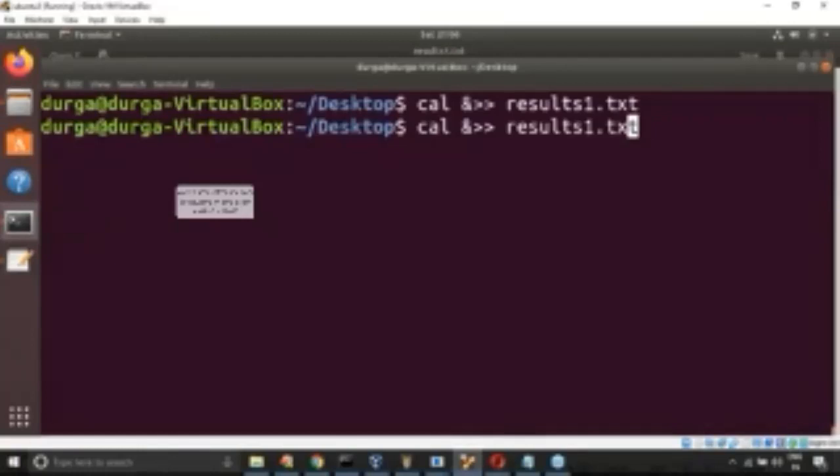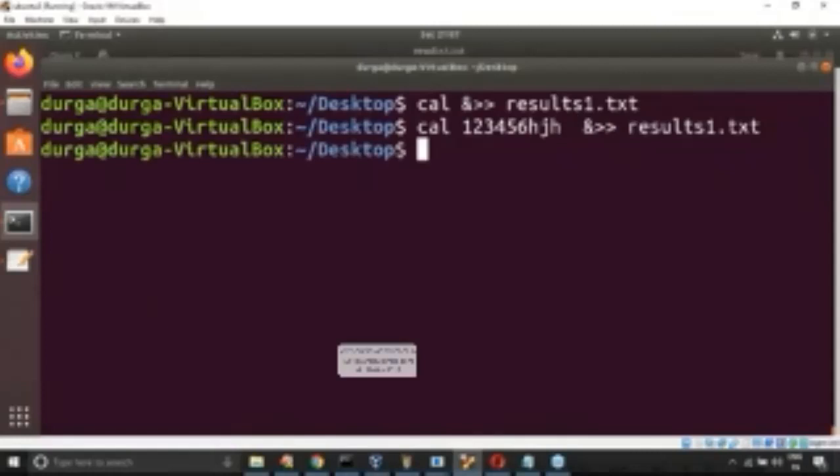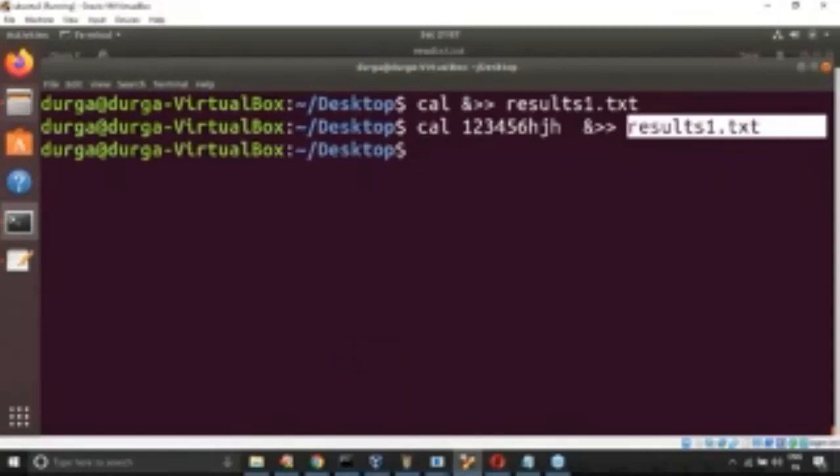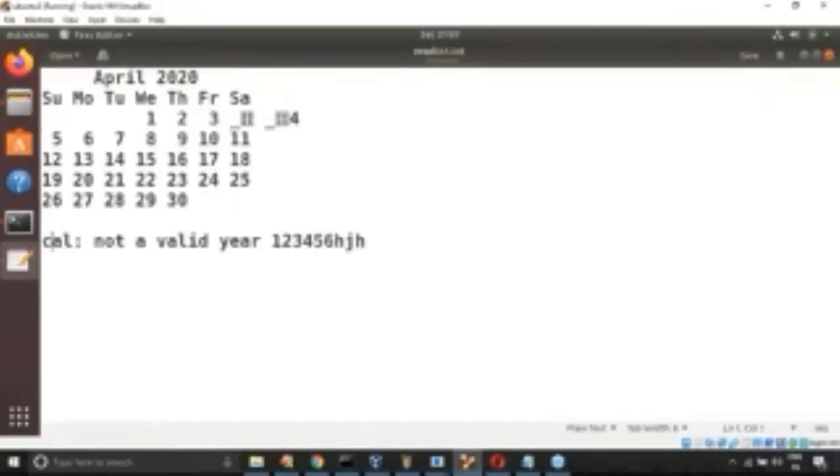Now here just observe, here I'm trying to take cal 1 2 3 4 5 6. Next I'm taking something like hj, which is not valid here, so you have to get an error message. If error redirection is really also happening, then the error message should also be sent to the same file. Now observe. Excellent, we are not getting any error message on screen, so the error message was definitely sent to the same file. Let me cross check results.txt. Yes, reload. Yes, the error message is there.